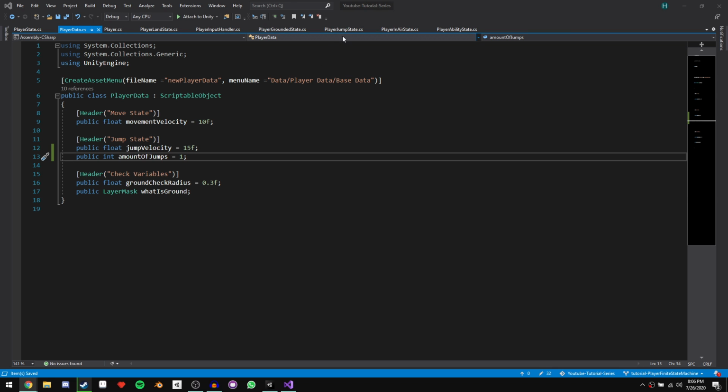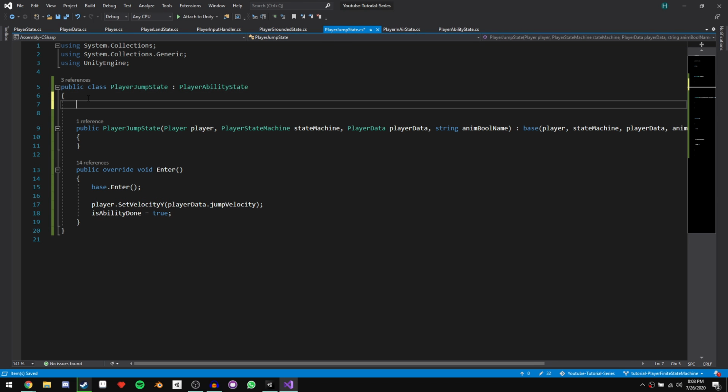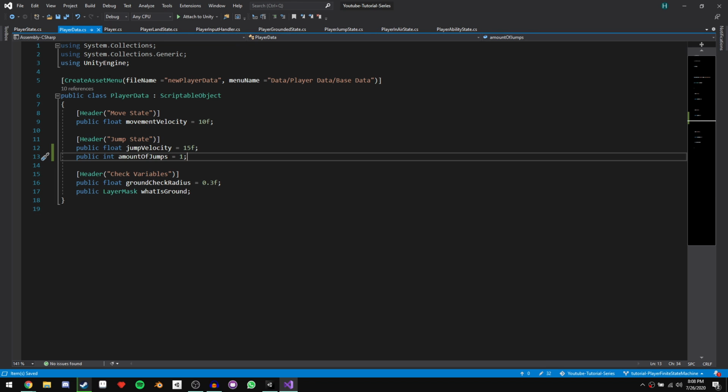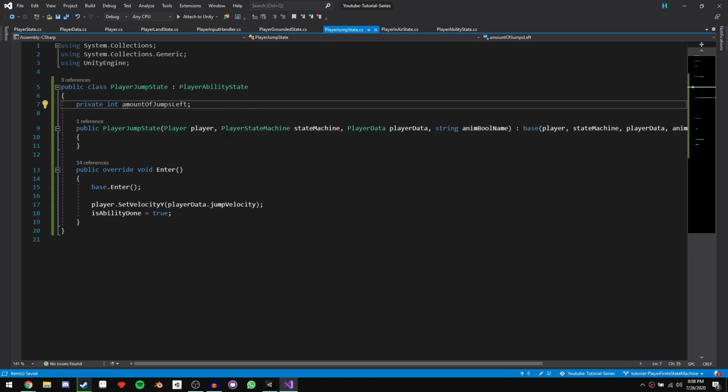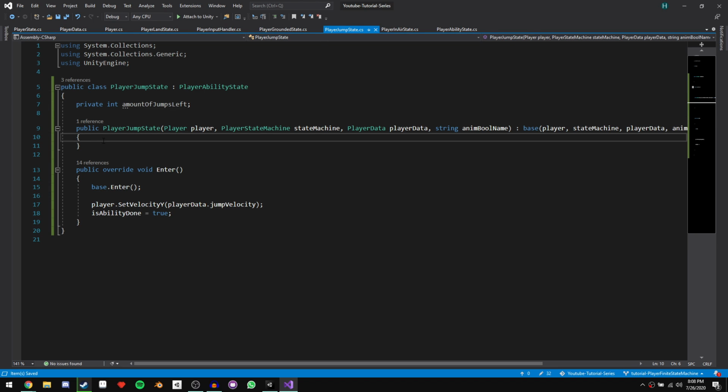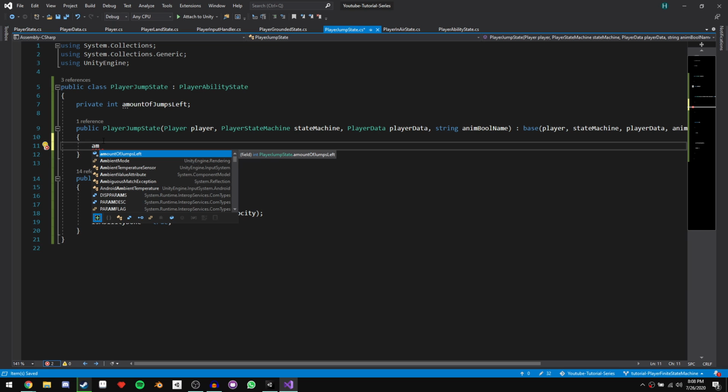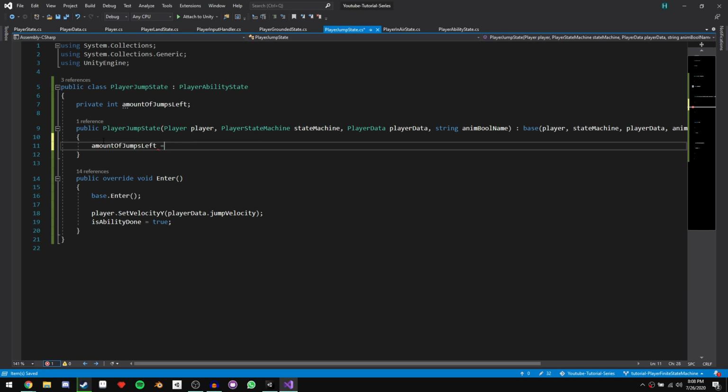Then in our player jump state, we'll come up and declare a private int that we'll call amount of jumps left. So this integer is going to store how many jumps we have left. It'll usually be 1. When we jump, it gets set to 0. If our player data amount of jumps is set to 2, then we'll have the ability to double jump. So in our player jump state, in our constructor, let's actually set this by default to our amount of jumps. So we'll say amount of jumps left equals player data